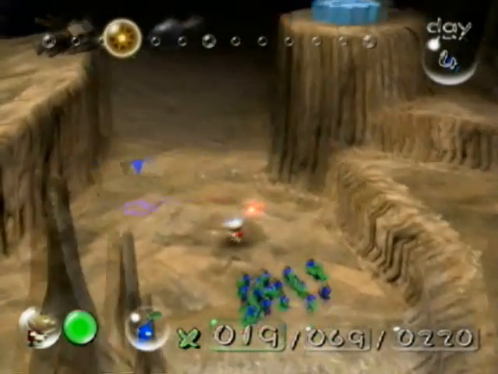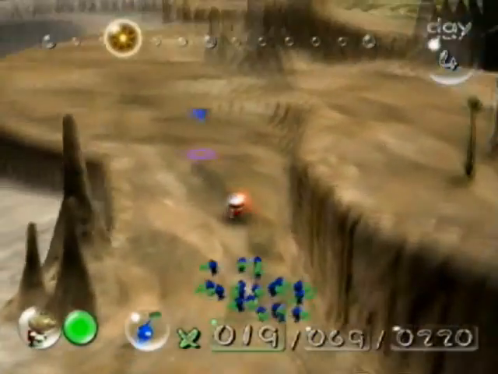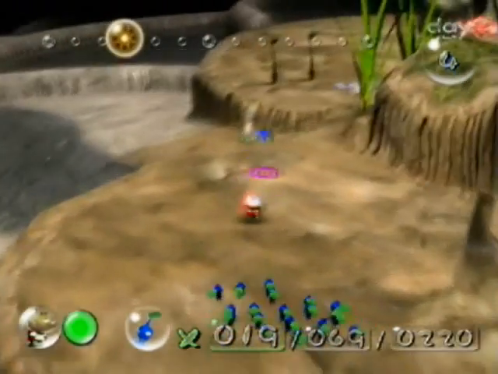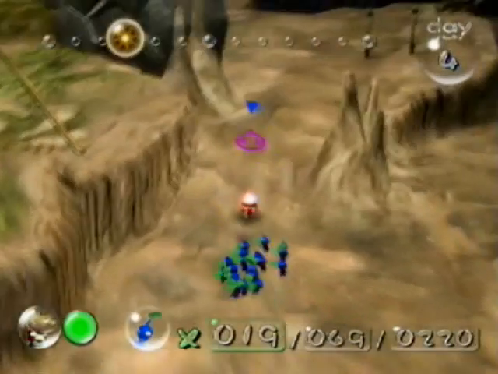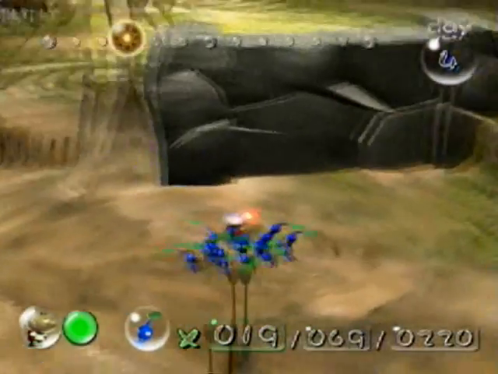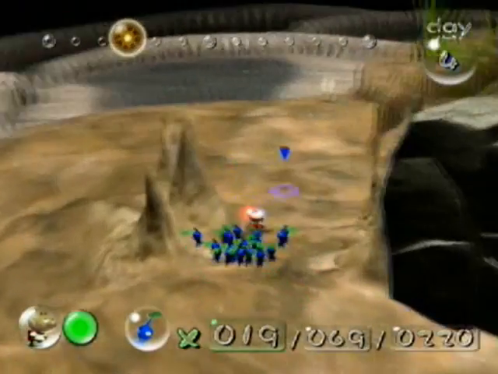Make sure you don't go over there yet, because that is a new type of enemy, and you want to fight them with reds, not just because of their ×2 multiplier, but also their immunity to fire. There are no pellet posies currently available. That's kind of irritating. They'll sprout in a little bit here, but